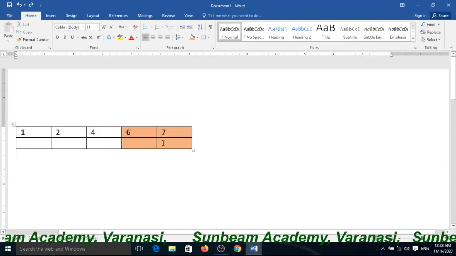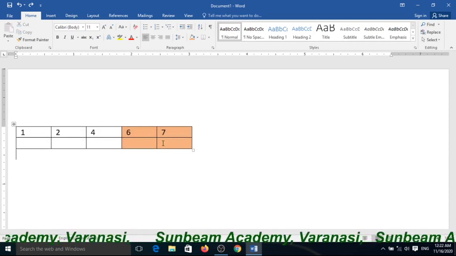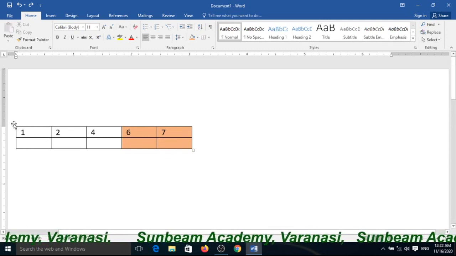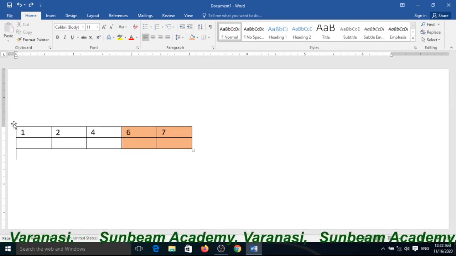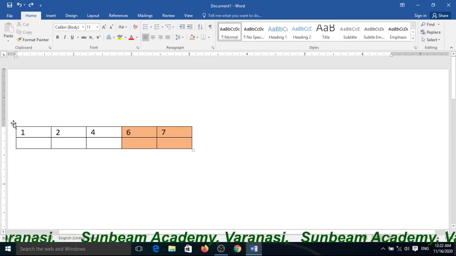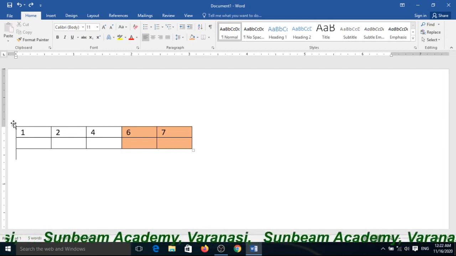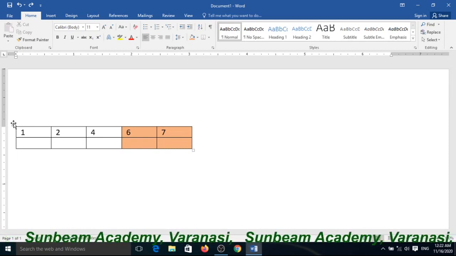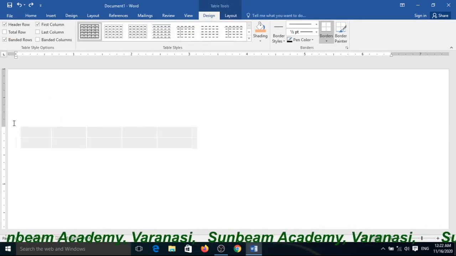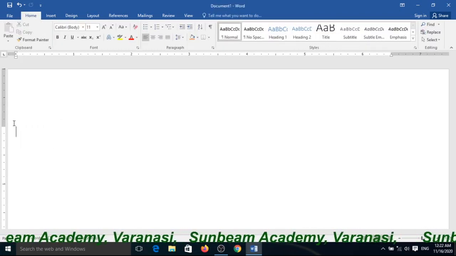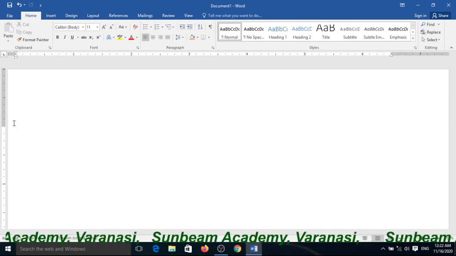First, in Print Layout view, point the pointer on the table. See this 4 handles, means a 4-headed arrow is there, it is the Table Move Handle. Click on the Table Move Handle that appears and press Backspace. It will be deleted. So there are 2 methods you can delete your table.